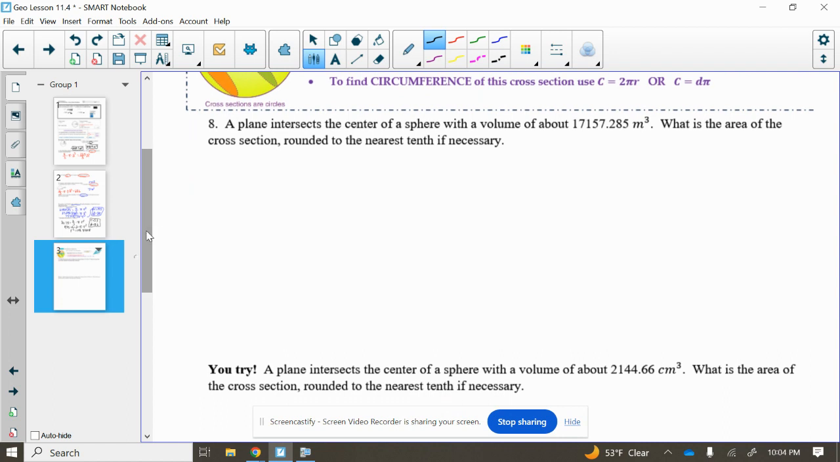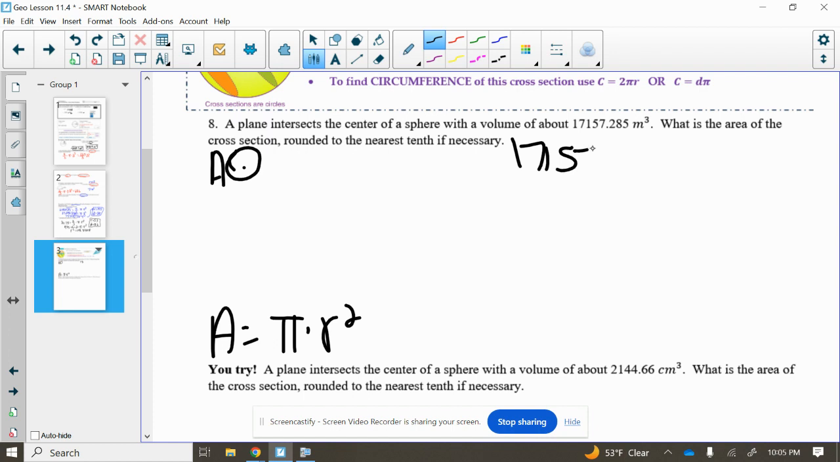So on this next one, they are saying that we have a plane that intersects the center of a sphere that has a volume of 17,157-ish. And we want to know the area of that cross section, aka the area of that circle, will be our final answer. Well, first things first, in order to get the area of a circle, we need pi times the radius squared. We don't have the radius. We are instead given the volume. So first things first, we are going to work backwards to solve for that radius value,